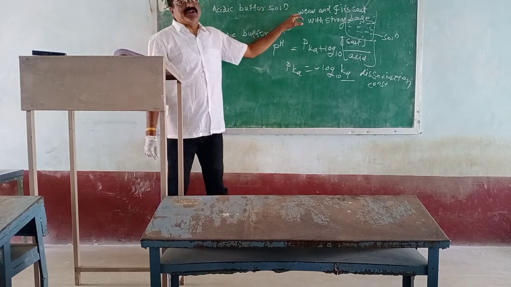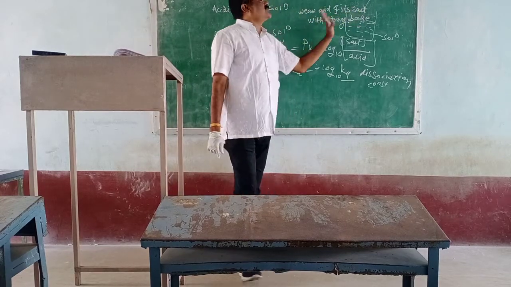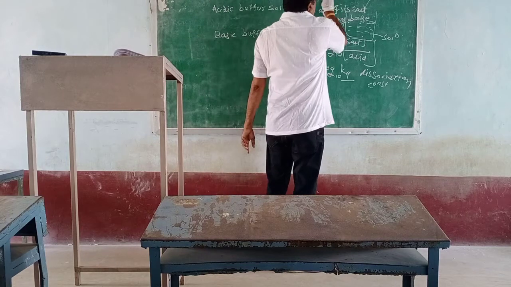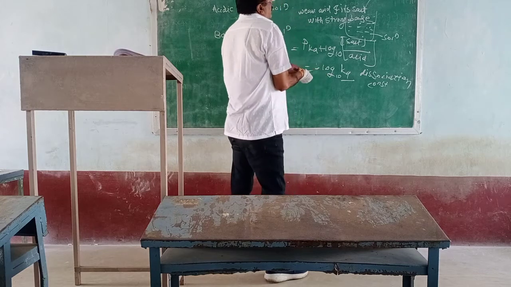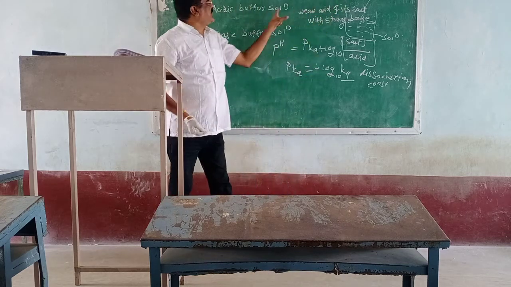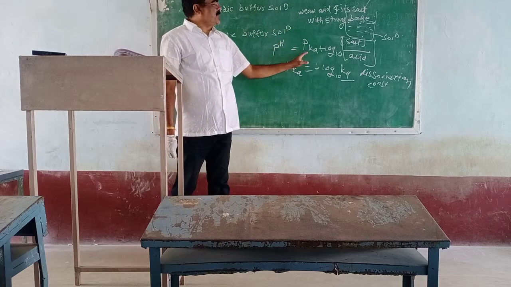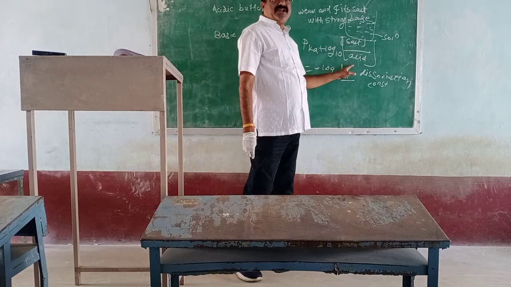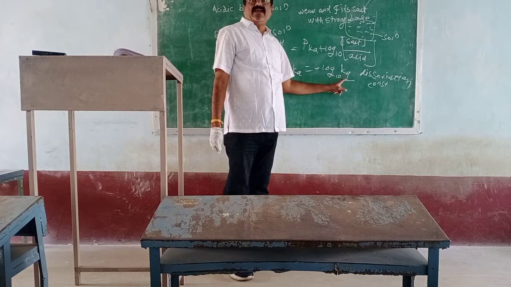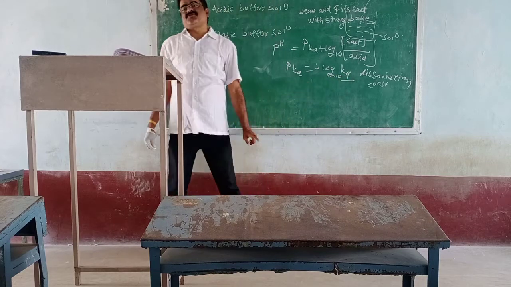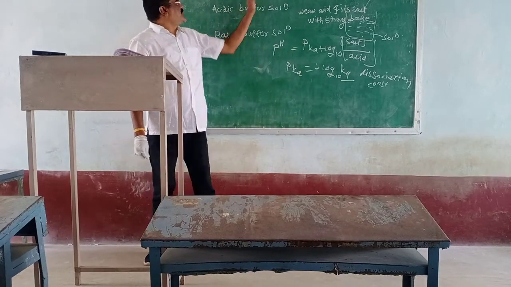It is the solution which contains the weak acid and its salt with the strong base. Here we have taken the example that acetic acid is the weak acid, while its salt is CH3COONa. That solution is the acidic buffer solution. And the pH is equal to pKa plus log salt by acid to the base 10, where pKa is equal to negative logarithm of Ka to the base 10, where Ka is the dissociation constant for the acid. Now in case of the basic buffer,